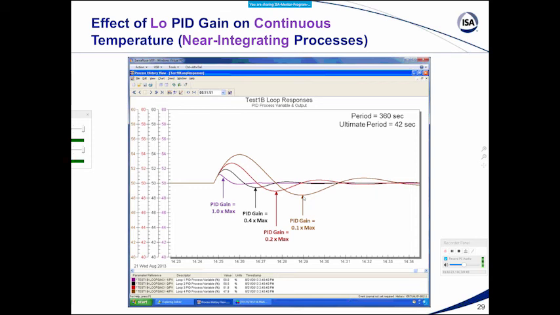What you really needed to do, if you couldn't stand that gain of 50, you needed to increase the reset time by at least a factor of 10 or more. And that's something people are not used to doing. You know, the reset time maybe already should be like 1,000 seconds, and they would have to go with 10,000 seconds, and people just are not accustomed to doing that.